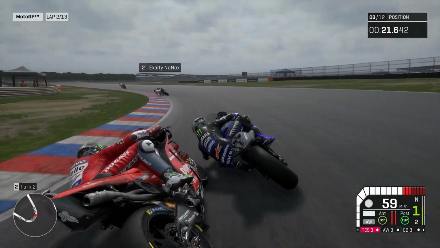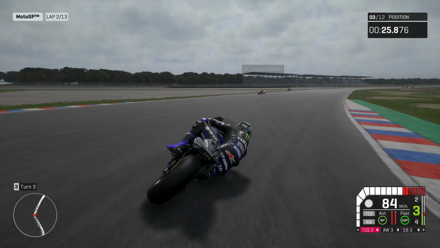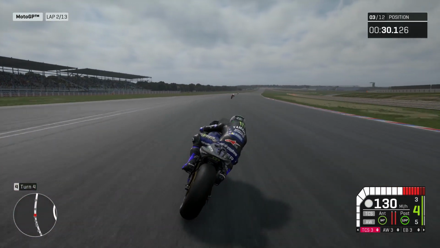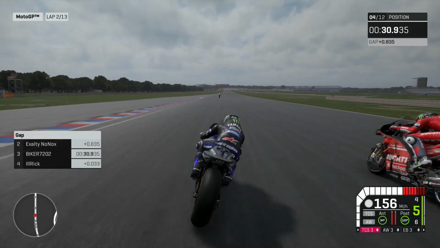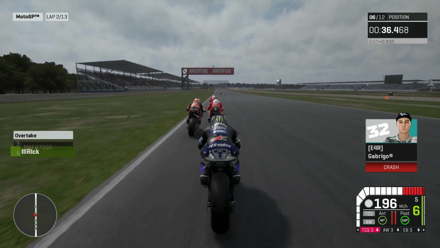Up the inside once again goes Rick. He's on our inside. He's managing to turn it tighter, even though he's on a Ducati. We're on the wrong line through turn 3. We're not going to have a good run at all. Sliding on the curb. We've lost some momentum here. We're still in 3rd somehow. I'm not really sure how that is. But Rick's gone past us. So is Apex. We're taken by both Ducatis and Ludzie as well there. We're down to 6th